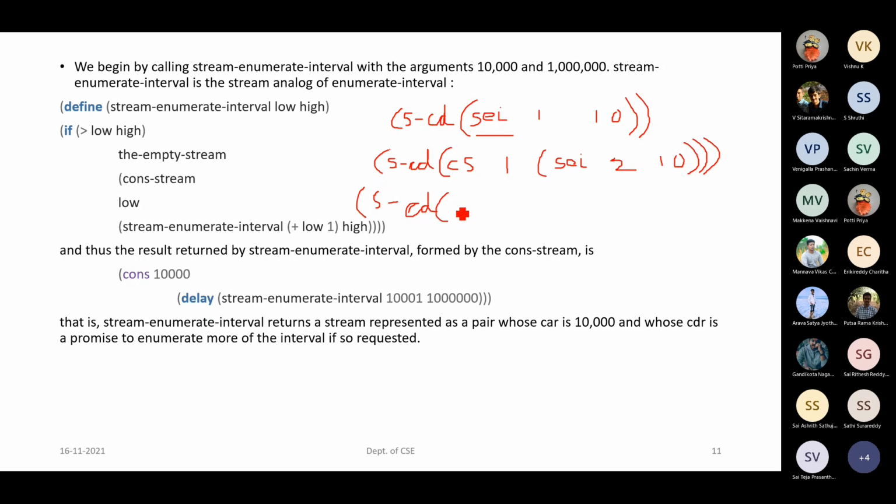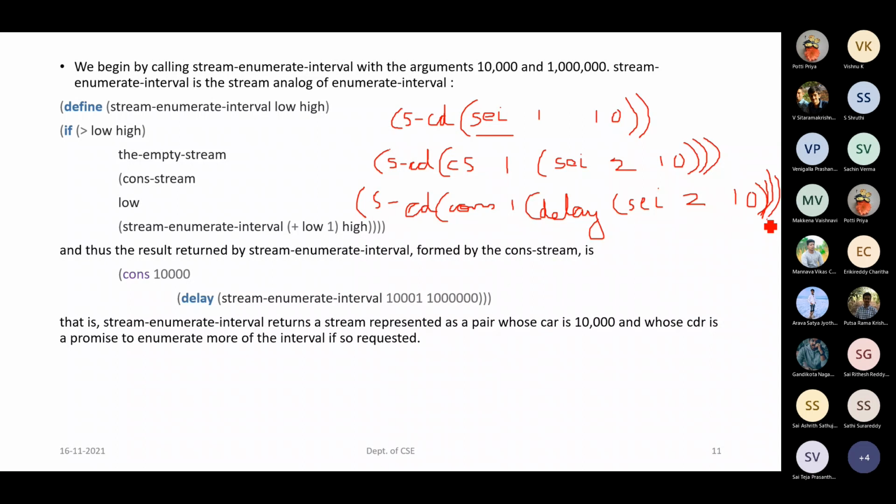It will be written as cons of 1, and there is a delay applied onto the second portion. So delay of stream-enumerate-interval, SEI, where the next low value was 2, and the high value remains the same. This is how it will be.